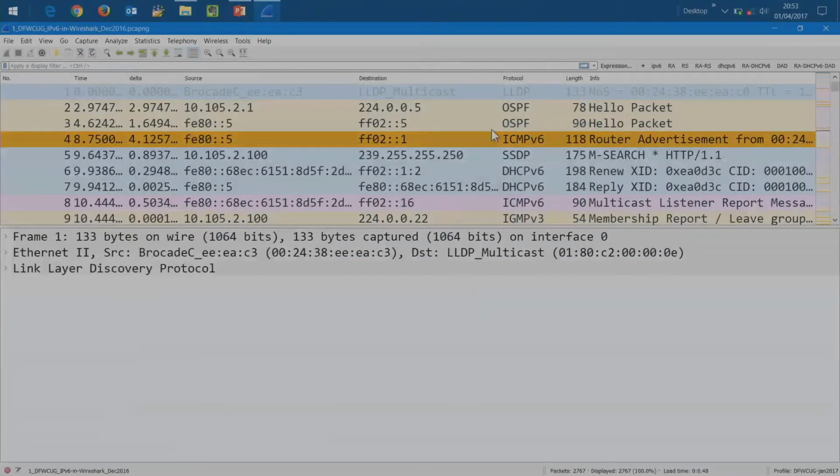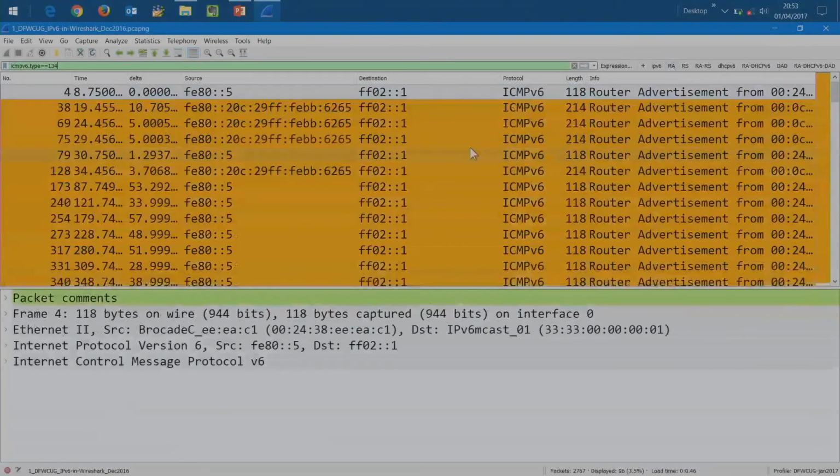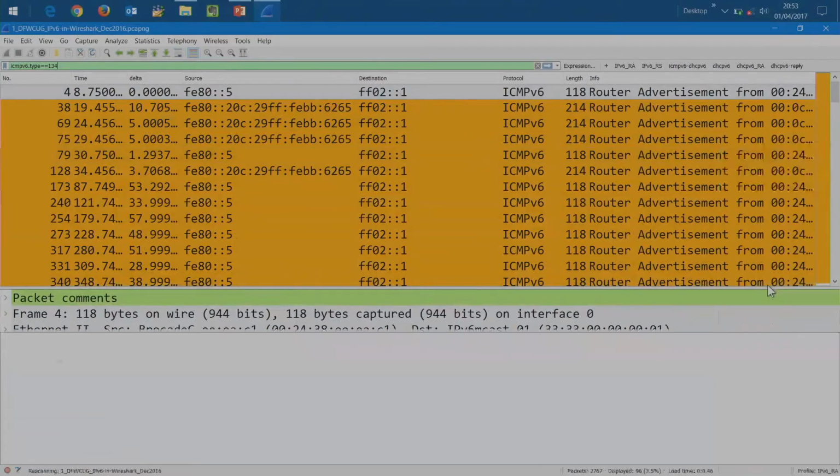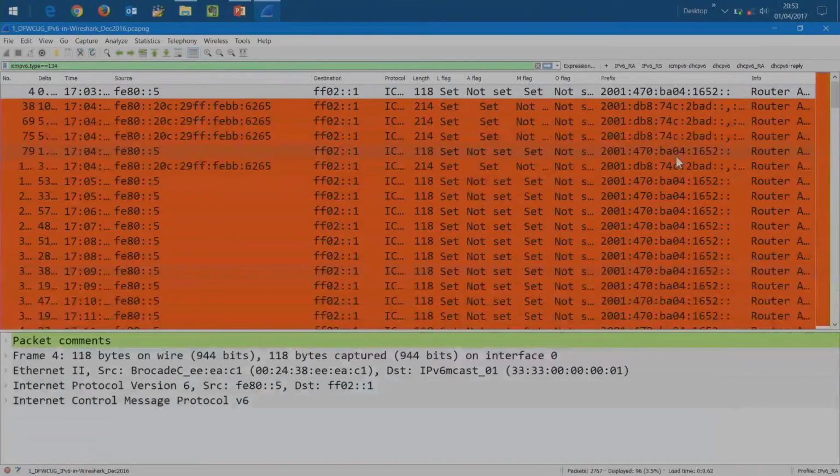First thing I want to do is look at router advertisements. I see very quickly I've got 2 routers giving me the information. So let's real quickly run up to my handy dandy little filter that shows me what's set and what prefixes, and I can see very quickly a flag on the FE80::5 is not set, and a flag on the other one, which I'm now going to call a rogue, is set. I know this to be not what I have for my production world. My production world is a DHCP world. So the A flag being set means to me it's a rogue router, right off the bat.